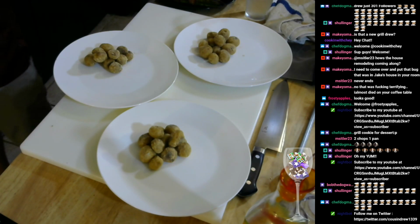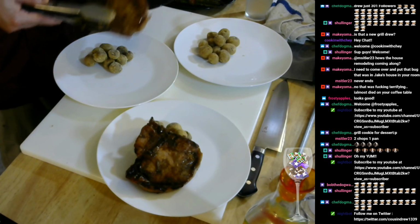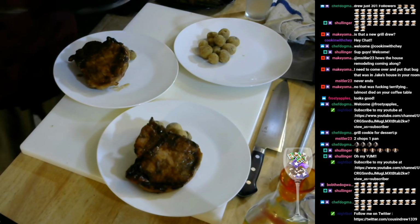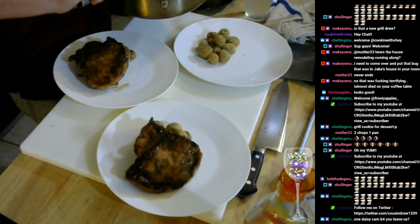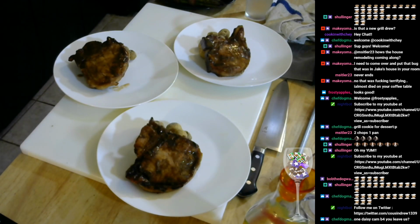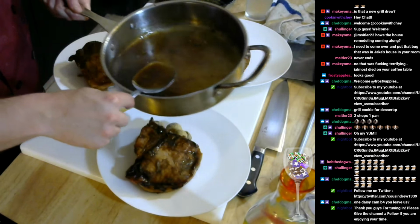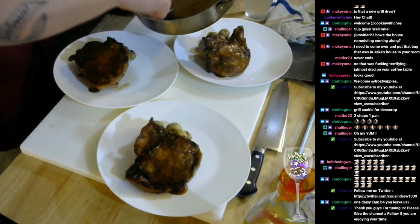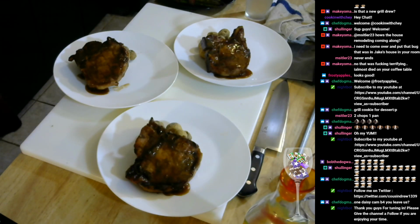Alright. Place a chop down here. Chop down there. Down here. Now we're going to take a spoon of our glaze. We're going to glaze our chops as well on the plate, right? Working as a sauce here. Okay. And then